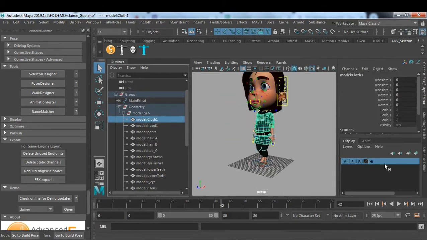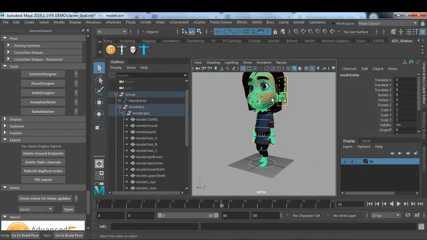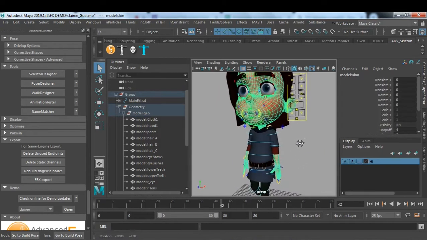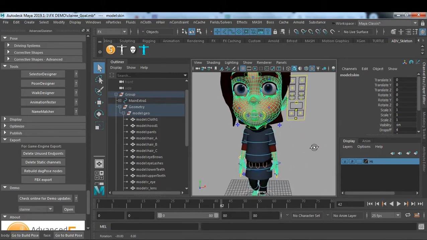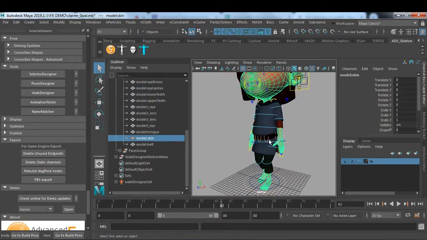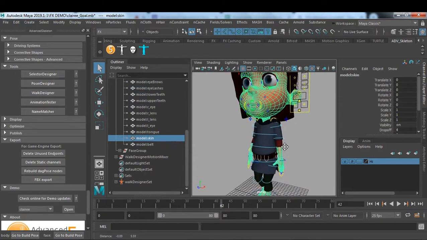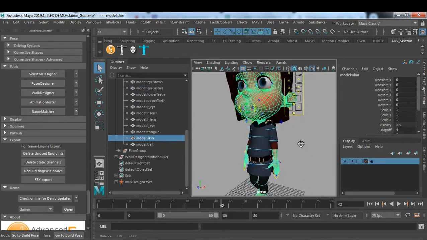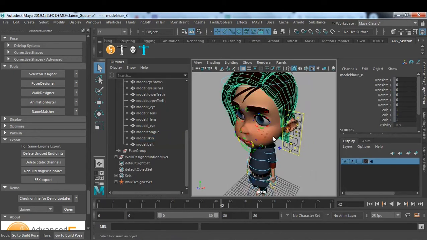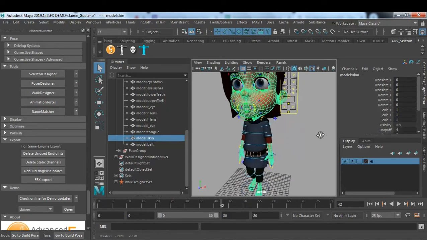Okay, so just hit Ctrl A and make sure it is on the reference mode. Take it out of the reference mode so we can directly select things. If we select the face surface, I think it's a complete skin surface, so we can directly use this skin surface, and we can use hair and skin.